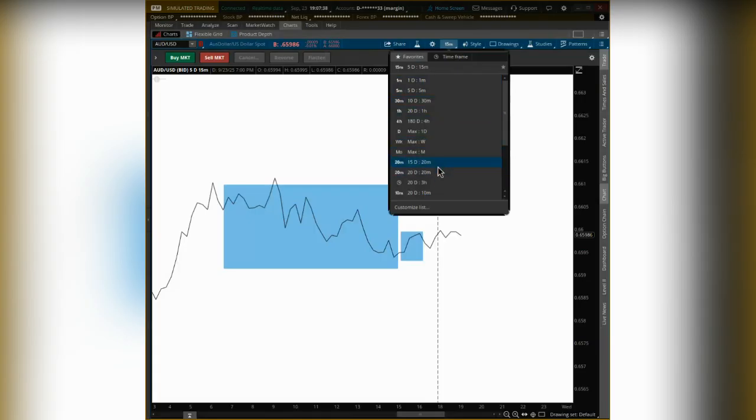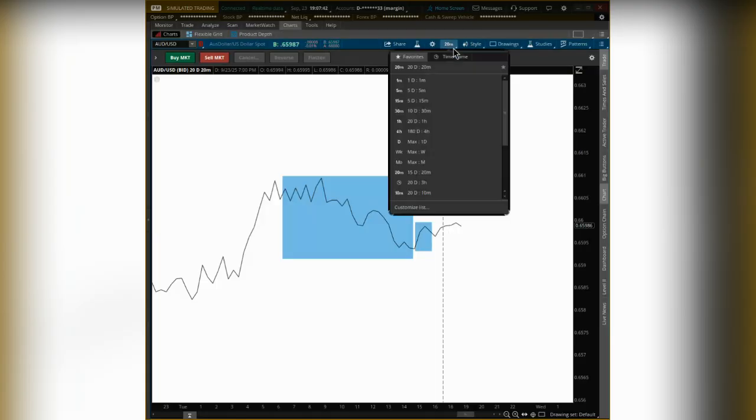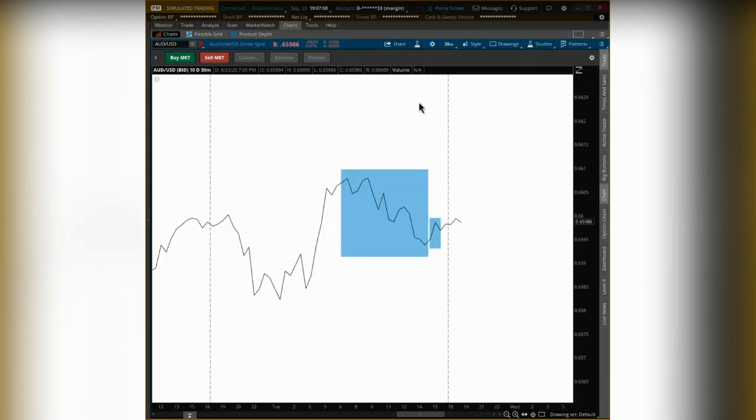I think that was the 30 time frame, or was it? Yeah, I think it was the 30-minute time frame. So the more you look at these, the better you'll get at recognizing that's the best one to go with. But we missed that one, so we can't do anything on that one. So I would wait for us to break out up at top here, or break down below here. Entering around here is kind of risky.